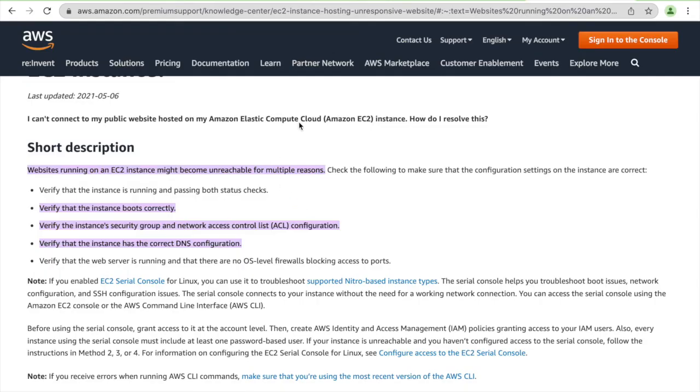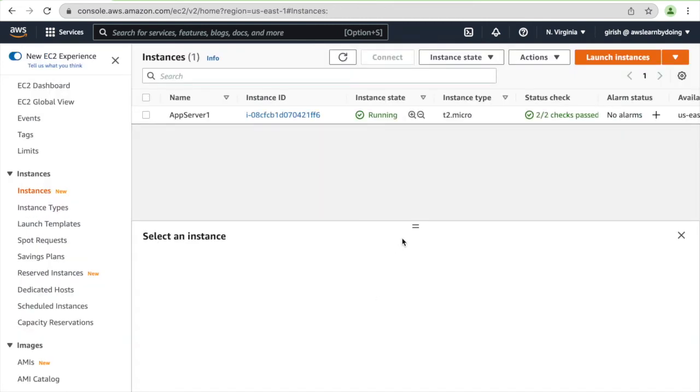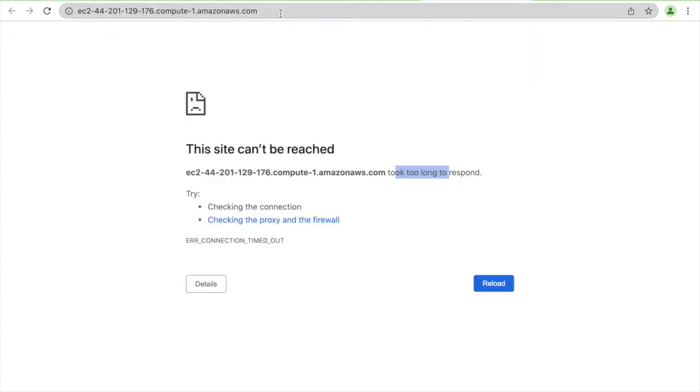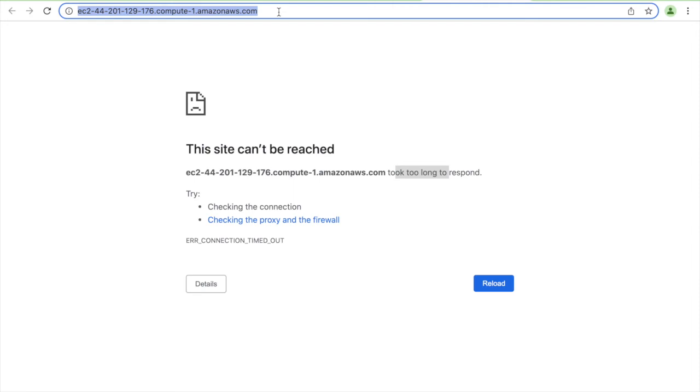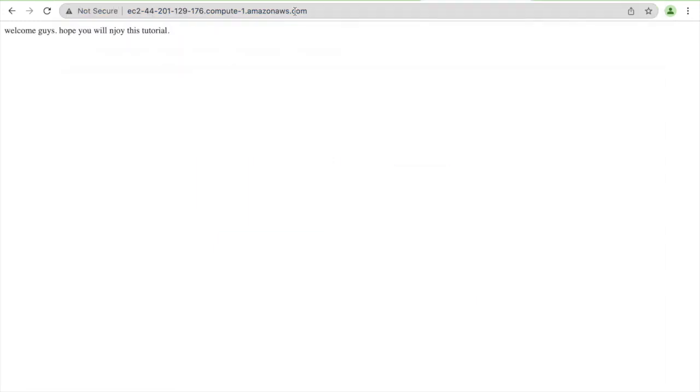And now this is a shocker. That's what I told you, when you see the resolution, you will see how trivial it was. But at least I could show you what things you should look at when you are troubleshooting this problem, when your website is not reachable. What I figured out is, I just copied this and tried it on a different web browser, and that's where I figured out it was connecting to HTTPS, and it was just this which caused all the problem, and I just needed to go through all those steps which I showed you.